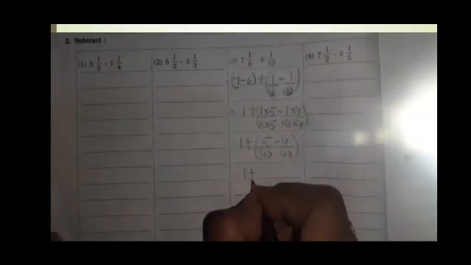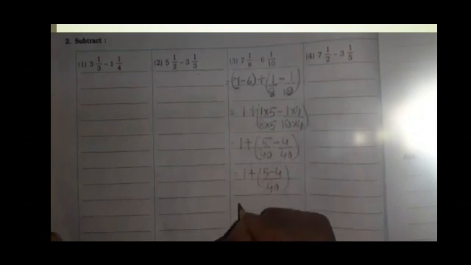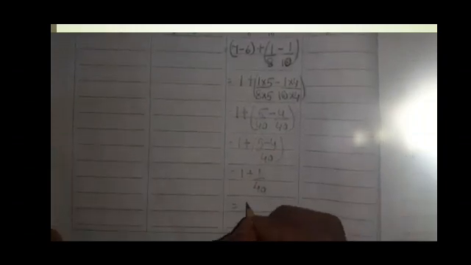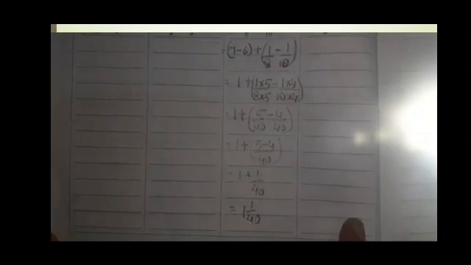So 1 plus, combine both the fractions, 1 plus 1 upon 40. So children, what you got the answer here? 1 1 upon 40. If you think the space is little smaller, first you all solve in your rough book, then you can copy in your workbook. But do the sums very neatly, children.